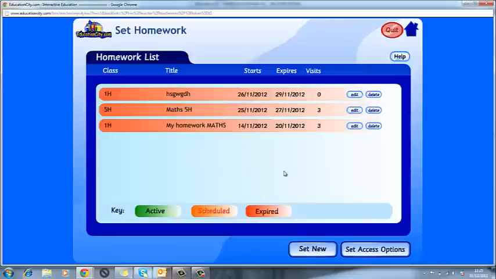Okay, and these are the homeworks that I've set for some students just as a demonstration, but any homework you set will all be in there, and it will show you whether it's active, which means students are currently doing it, or you've set it for students to be done. Scheduled is just over there, and then expired is at the end. So all these are expired, which means I should have had all these homeworks in from these students. But if you want to set new homework, you click on set new,